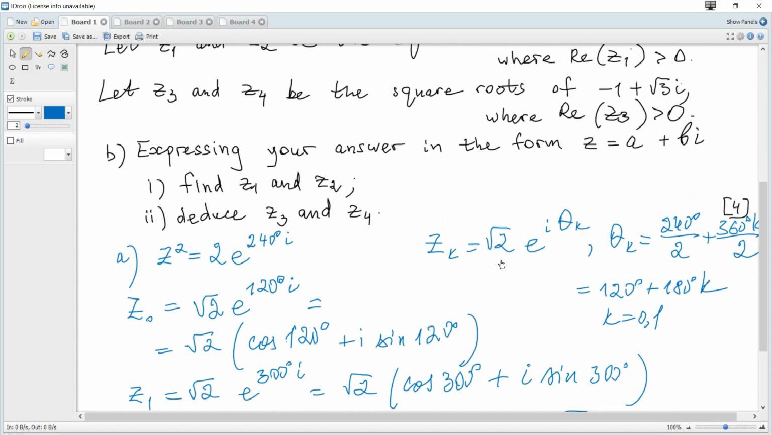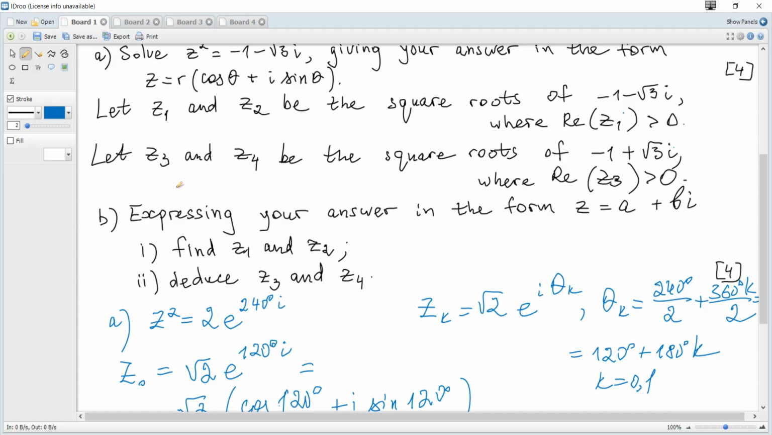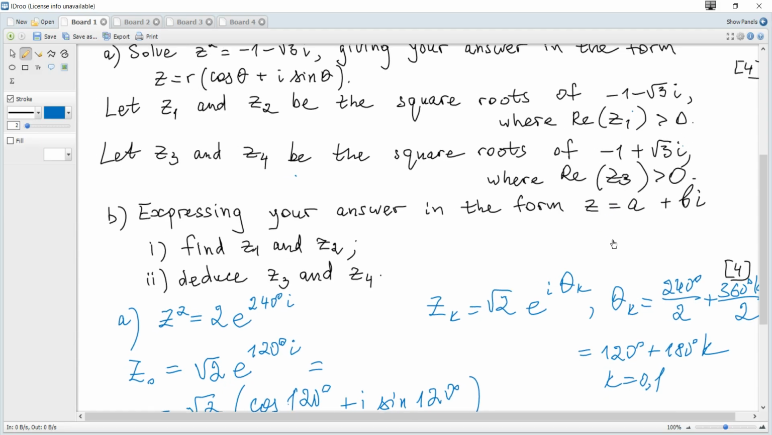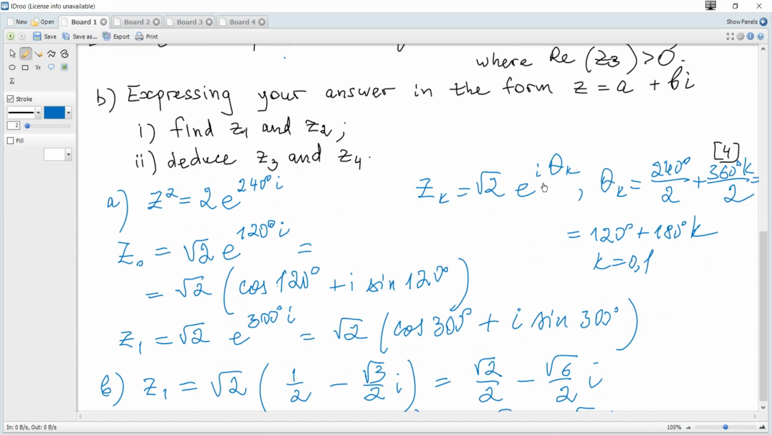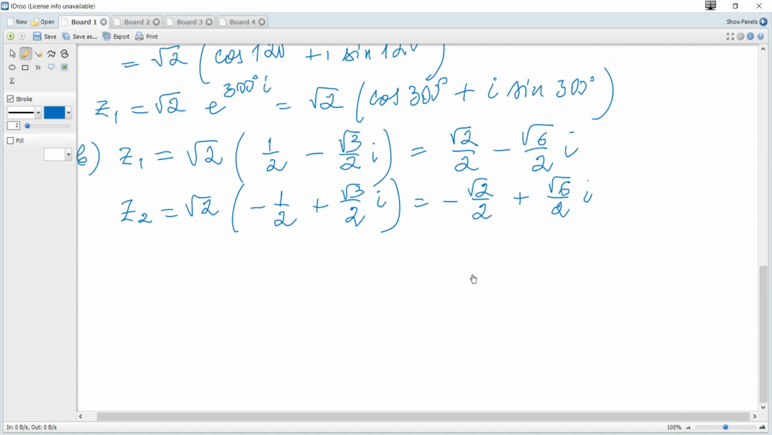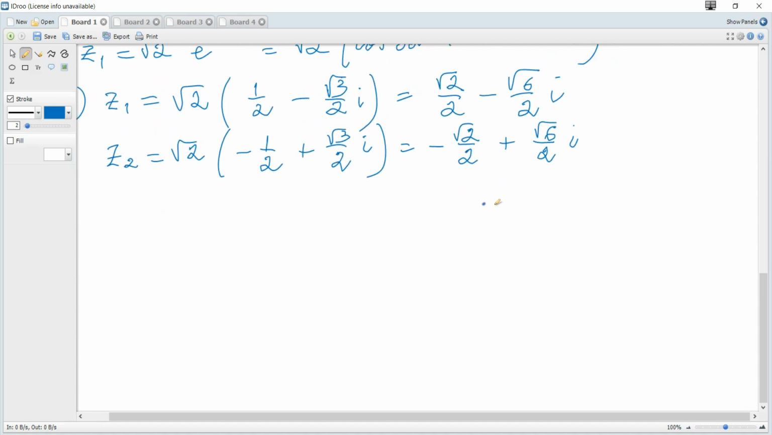The next, deduce Z3 and Z4. Z3 and Z4 are the square roots of the complex conjugate. I just remember that Z complex conjugate squared is equal to Z squared complex conjugate, and applying to our roots Z1, Z2, it becomes